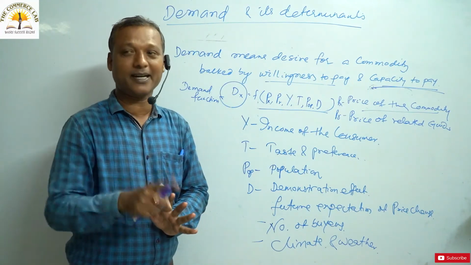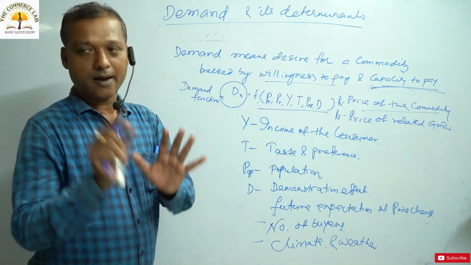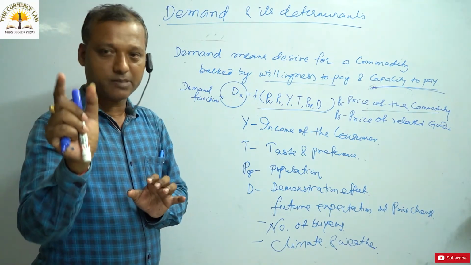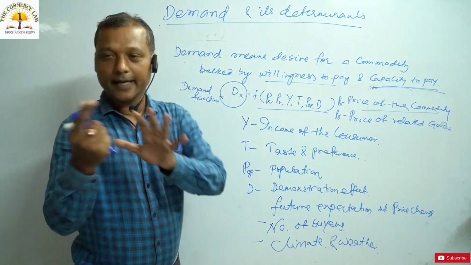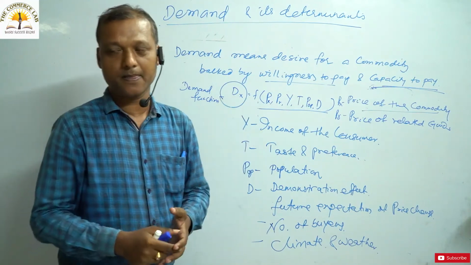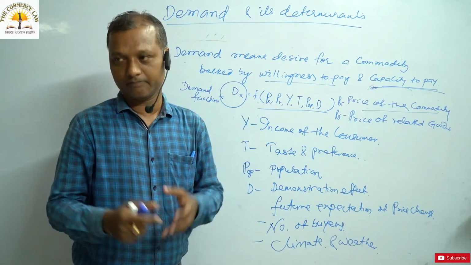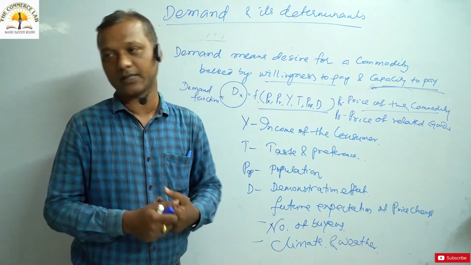I've given the example, tea and coffee example. Tea and coffee are substitute goods. I have taken tea, the price of tea is 5 rupees. I have taken the price of coffee is 10 rupees. Tea is consumed by 50%, coffee is also consumed by 50%. Take for example, 50 लोग टी यूज करते हैं और 50 लोग कॉफी यूज करते हैं.